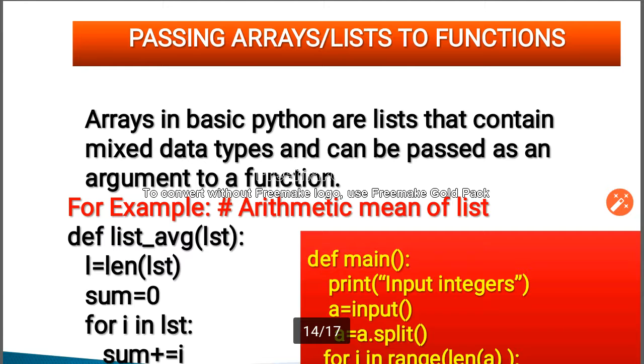Now moving to passing arrays or lists to functions. Arrays are nothing but lists. I hope in class 11 we have done this and you remember it. A list is a collection of items of different data types, right?